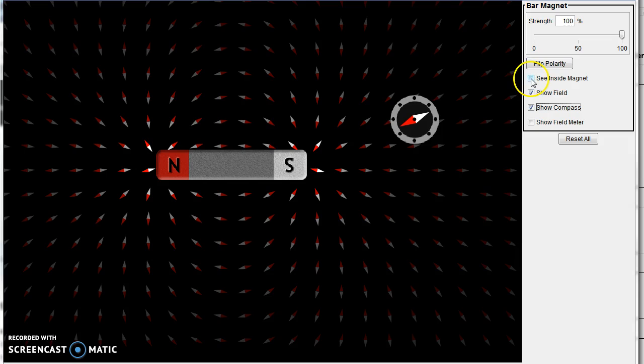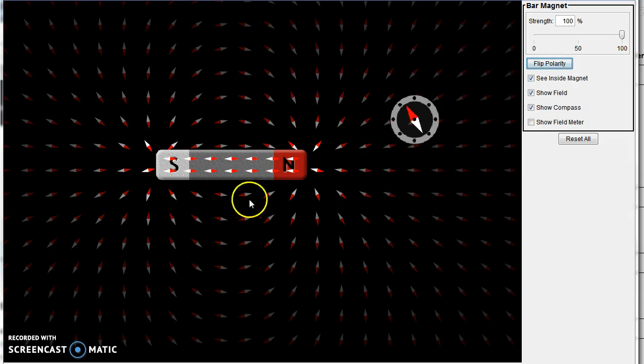Now if we look inside the magnet, you can see that there's also a magnetic field inside, and this represents the electrons that are spinning and aligned up inside the magnet, which gives the magnet its magnetism. We can flip the polarity and everything just flips, including the compass. Now this is a permanent magnet